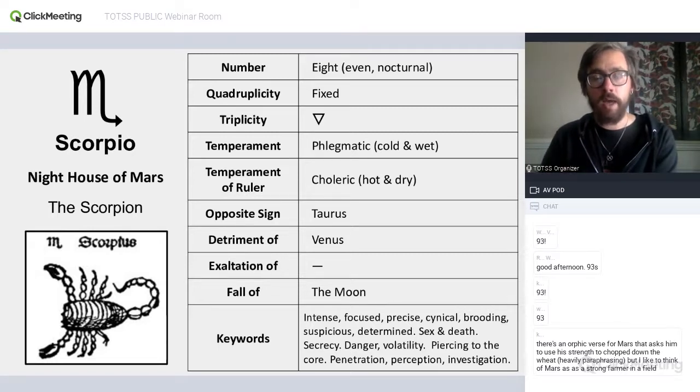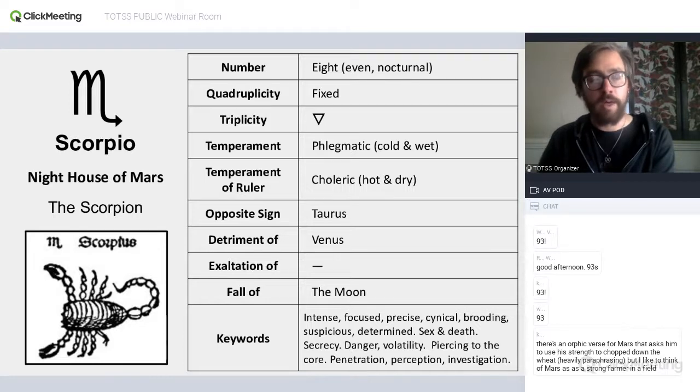And interestingly, as we'll see, the other sign, Aquarius, will be the other pair of opposites here. The fire and water are the most volatile signs. So here we have opposites, but they're very volatile opposites. And so that brings a sense of volatility to Scorpio. Opposite to Taurus, as we've already talked about, detriment to Venus, as I don't think we need to talk more about here.